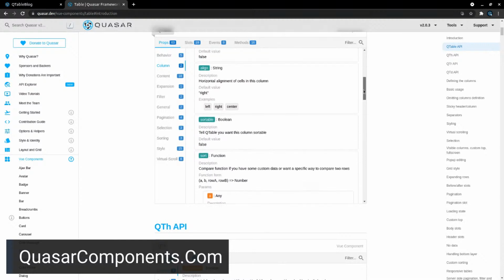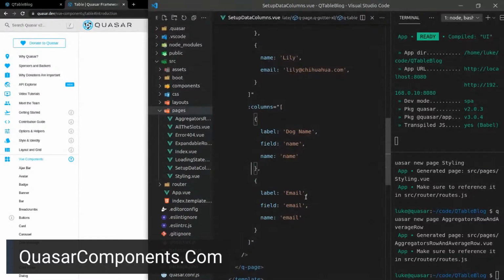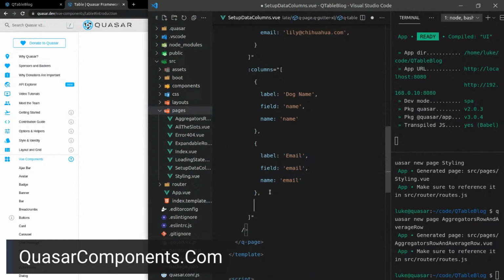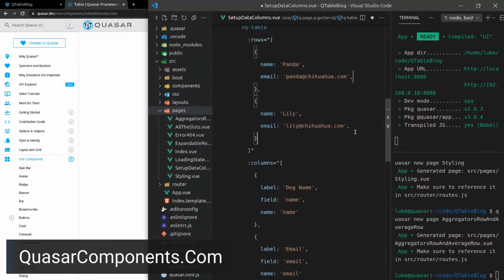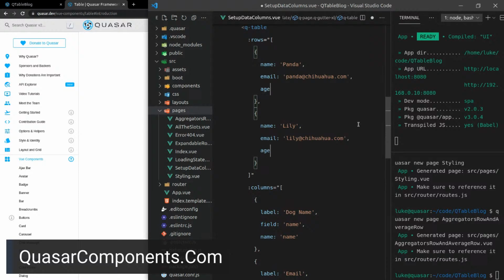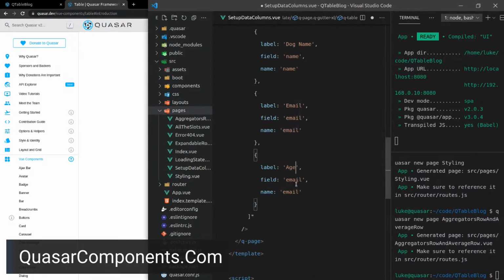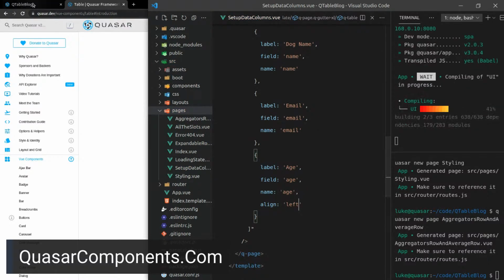Align, yeah, actually align is pretty relevant. I use align quite a bit. So in fact, what we might do to demonstrate align is to also add in the age. So let's come in here, and then we'll say age, and Panda is 6 and Lily is 5. Age, and then the name of that is age, but then we'll say the align of that is probably going to be different. Numbers are often different, where you might align that to, well, maybe the left. Let's have a look at this example.